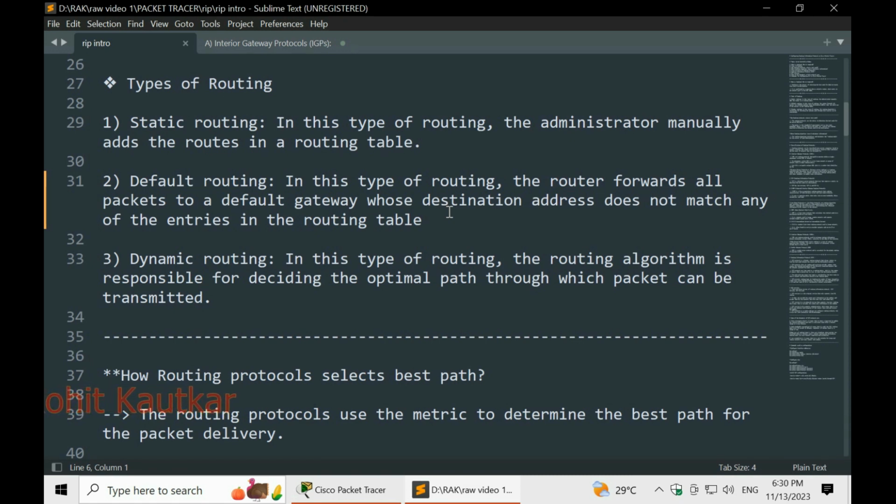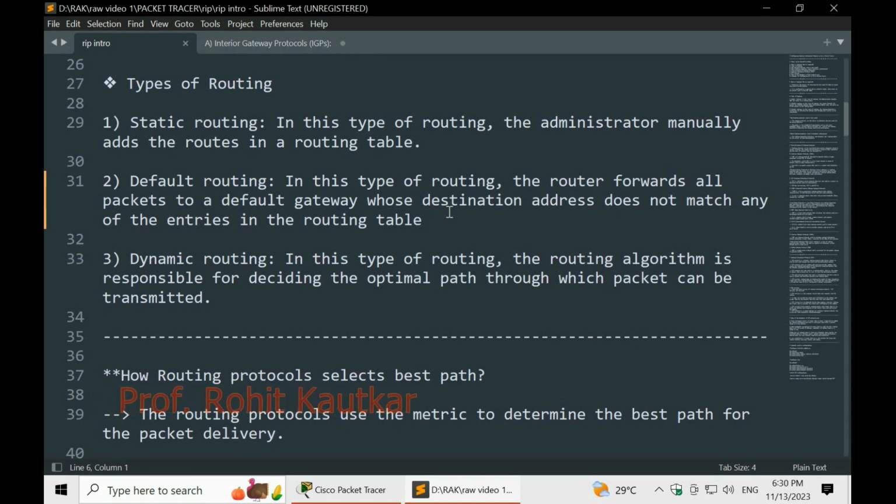And if there is any change in the network, again changing all those paths within the router is a very tedious task. That's why static routing is suitable only for small networks, and all these routes are fed within the router by the network administrator.